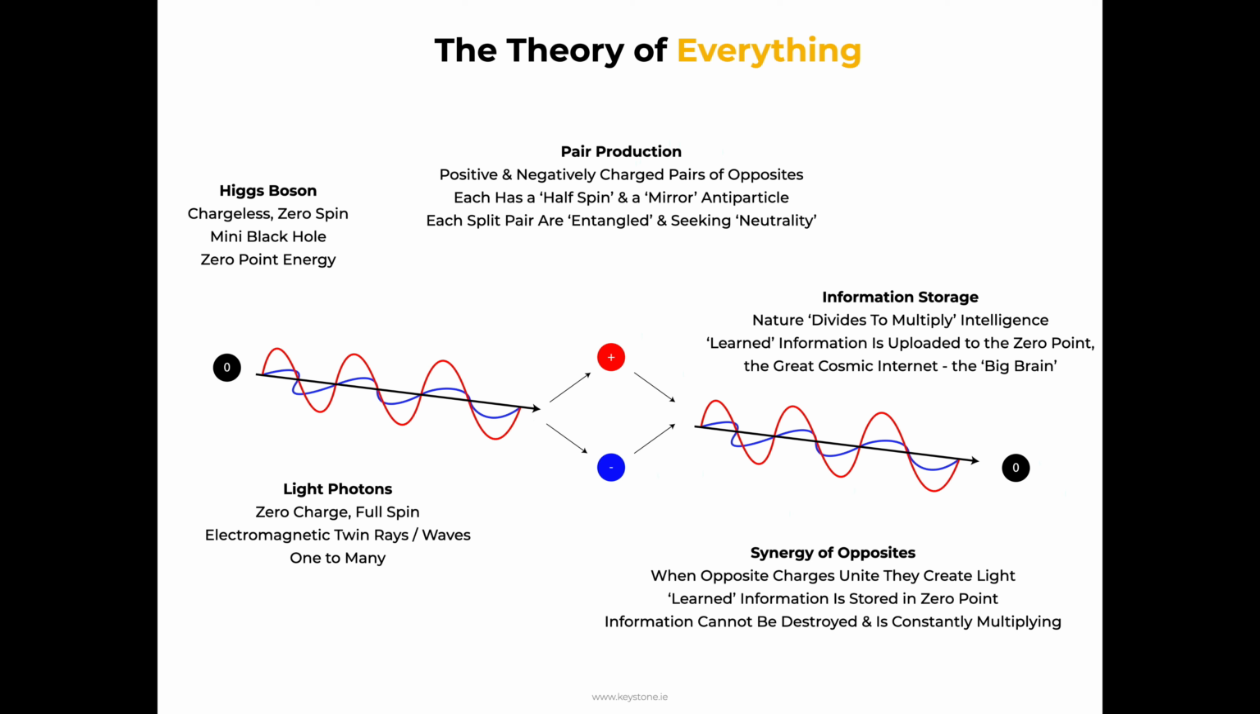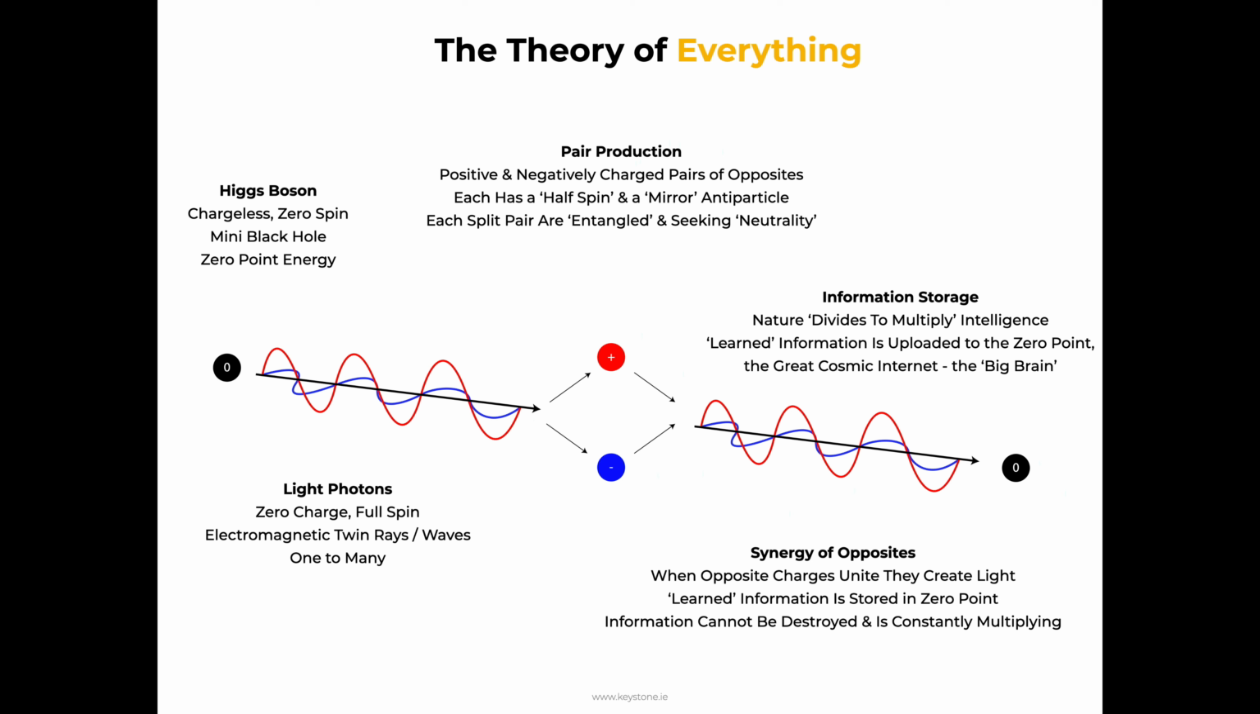So you imagine this on a galactic scale. It divides into opposites and unites in a synergy of opposites, but the synergy has learned new information. The universe is learning all the time, and its learned information is uploaded to the 0 point, the great cosmic internet, the big brain. I'm going to put it on the record now that the universe is conscious, that the 0 point is the source of consciousness,